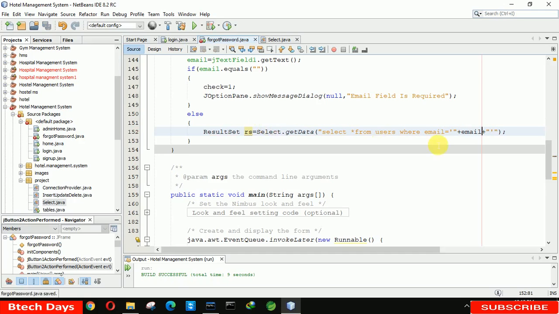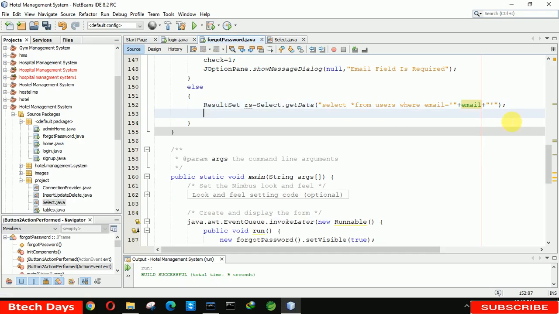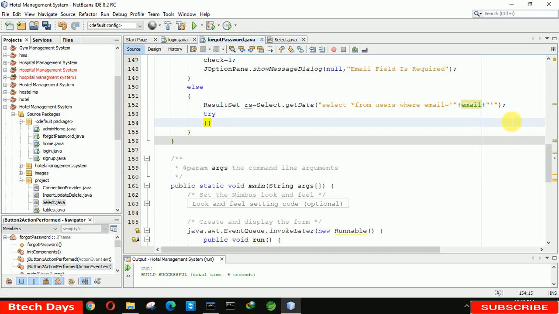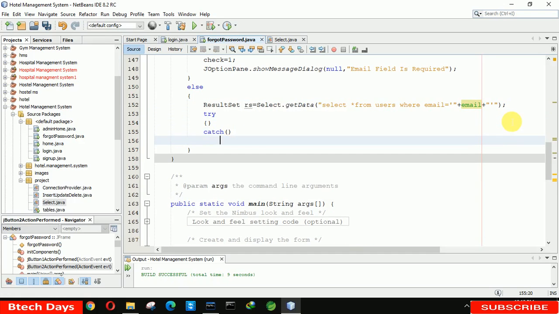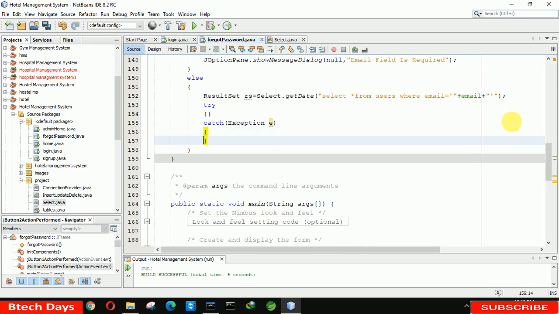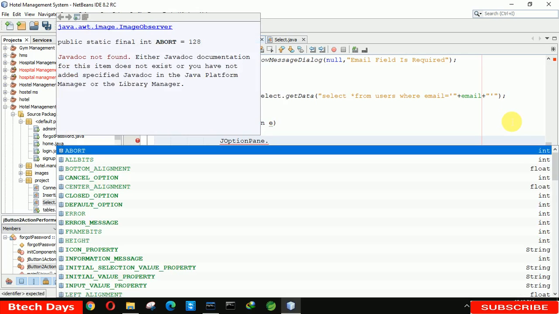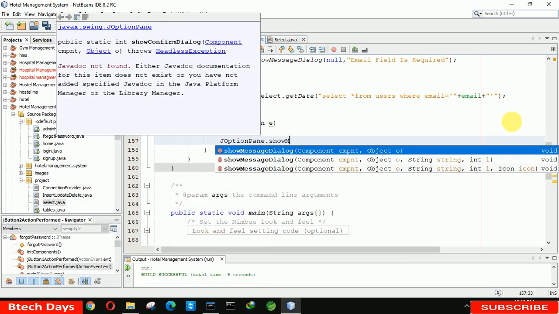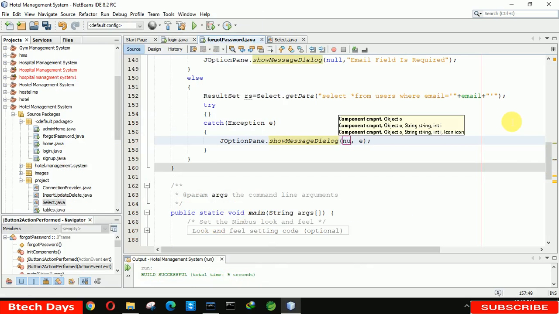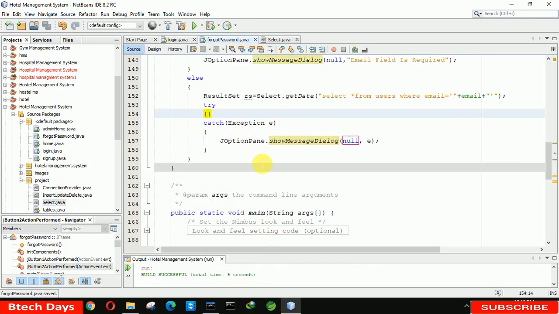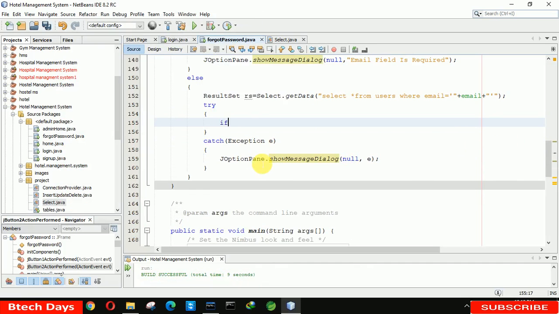Okay, and after that we have to write try catch block, and here we just need to write exception e. Okay, after that in this we just need to display the message whatever error we will get. So message, and here we just need to write null. Okay, after that in the try block we have to write if